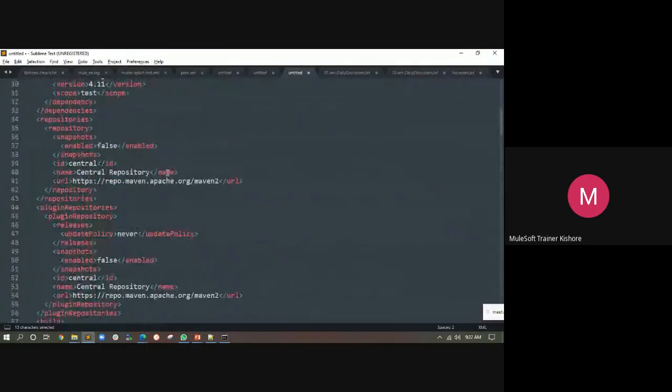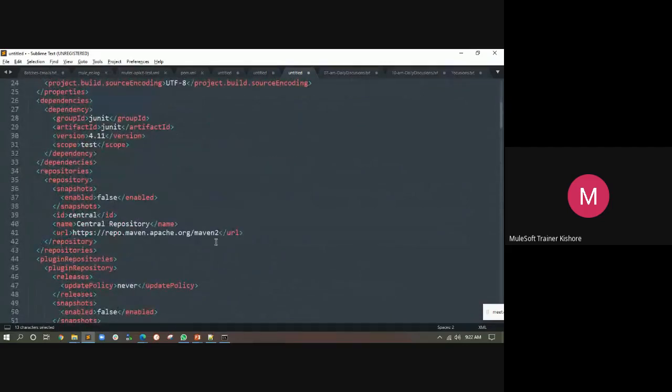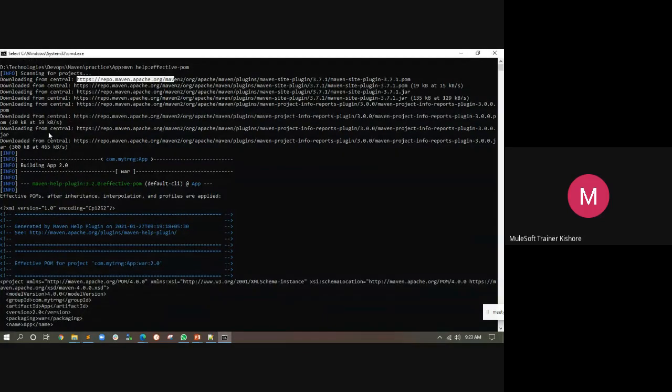So if we go here, see here, this is the repository section it is talking about. So whenever it needs something, it will go and ask this central repository to get it downloaded. That is how all these get downloaded.